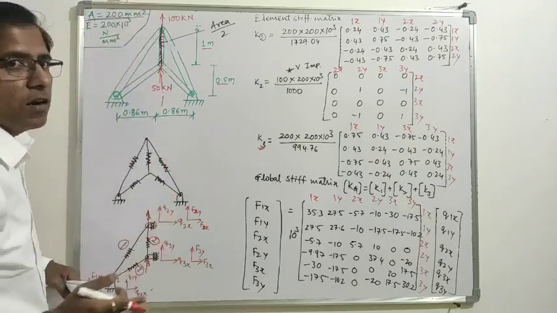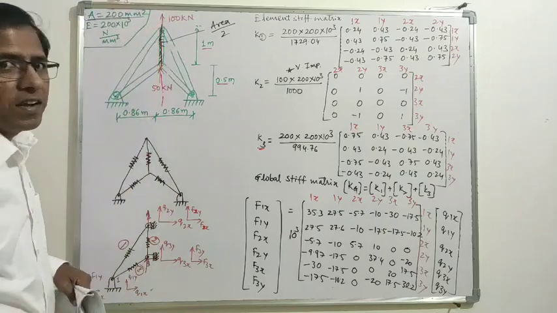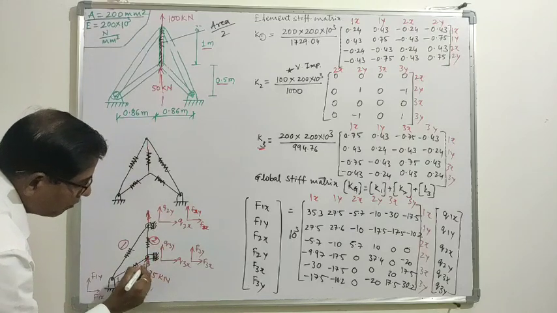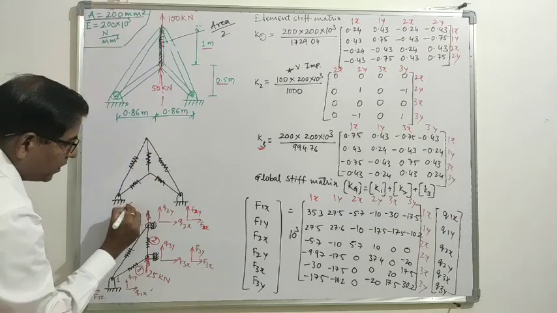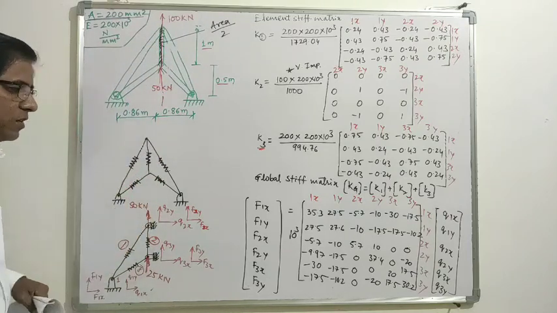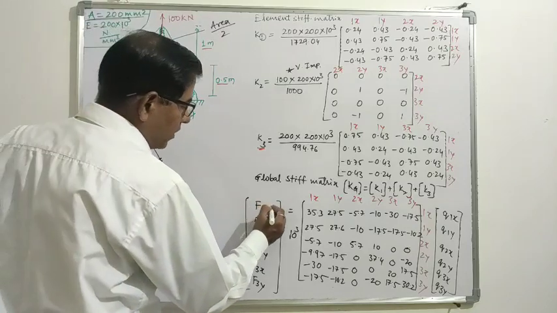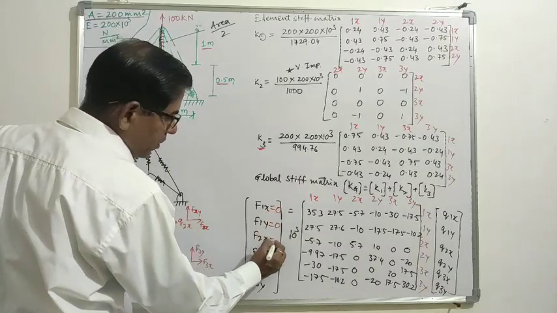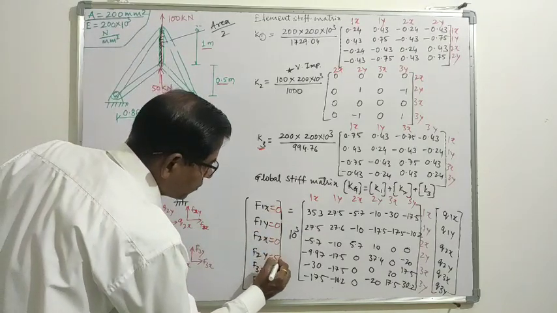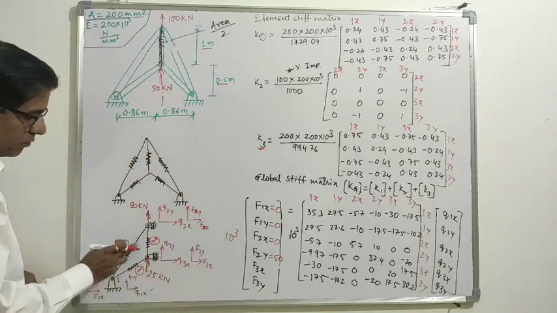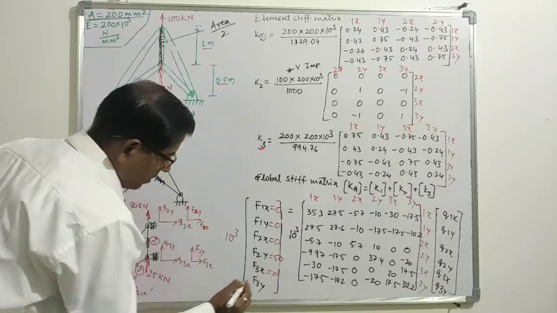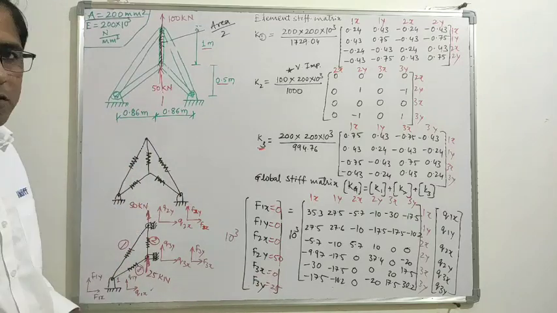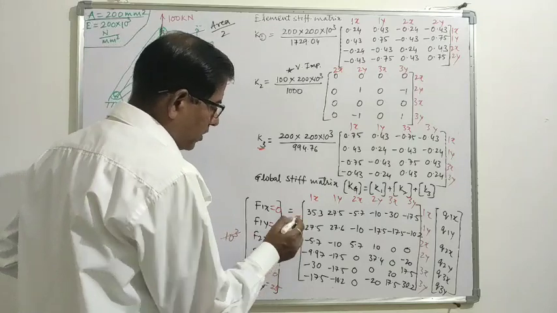When you cut it into two parts, these forces also get halved. So half of 50 is 25 kilonewton force acting in the upward direction, and here it is 100, so here a 50 kilonewton force acts in the upward direction. Okay, so F1x and F1y are 0. F2x is 0, F2y is 50 kilonewton, so 50 into 10 to the power 3. F3x is also 0 and F3y is 25 kilonewton. Okay, all in the positive direction. 10 to the power 3 will cancel on both sides.